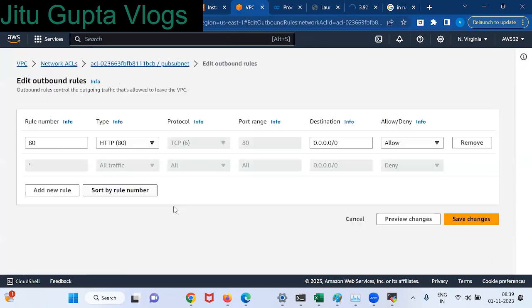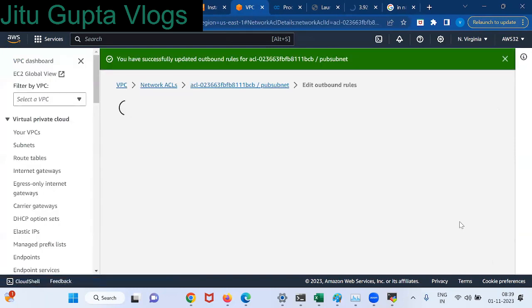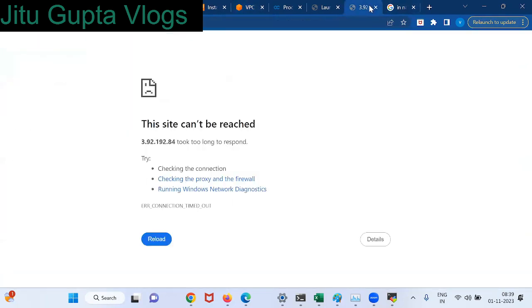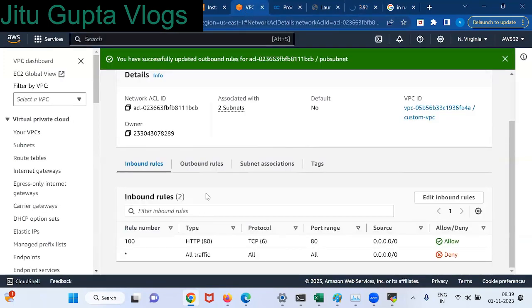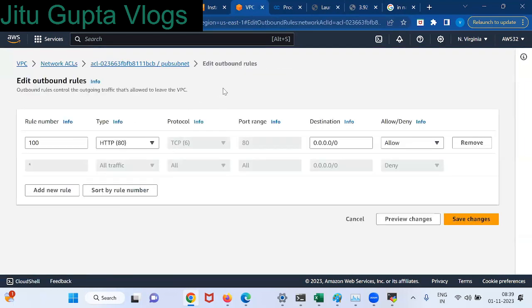Edit inbound rules. Rule 100, we have already tried, right? We have changed both inbound and outbound, right? It's not like that. No, it's not like that.